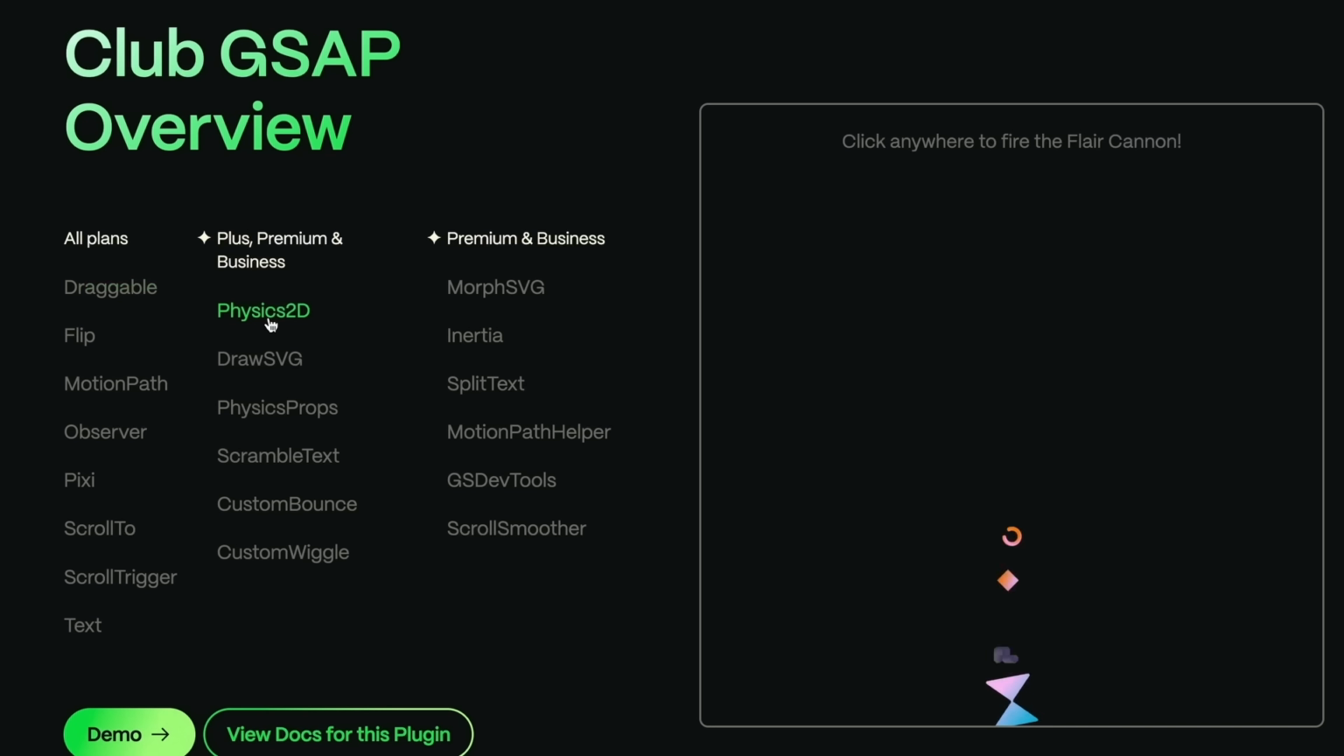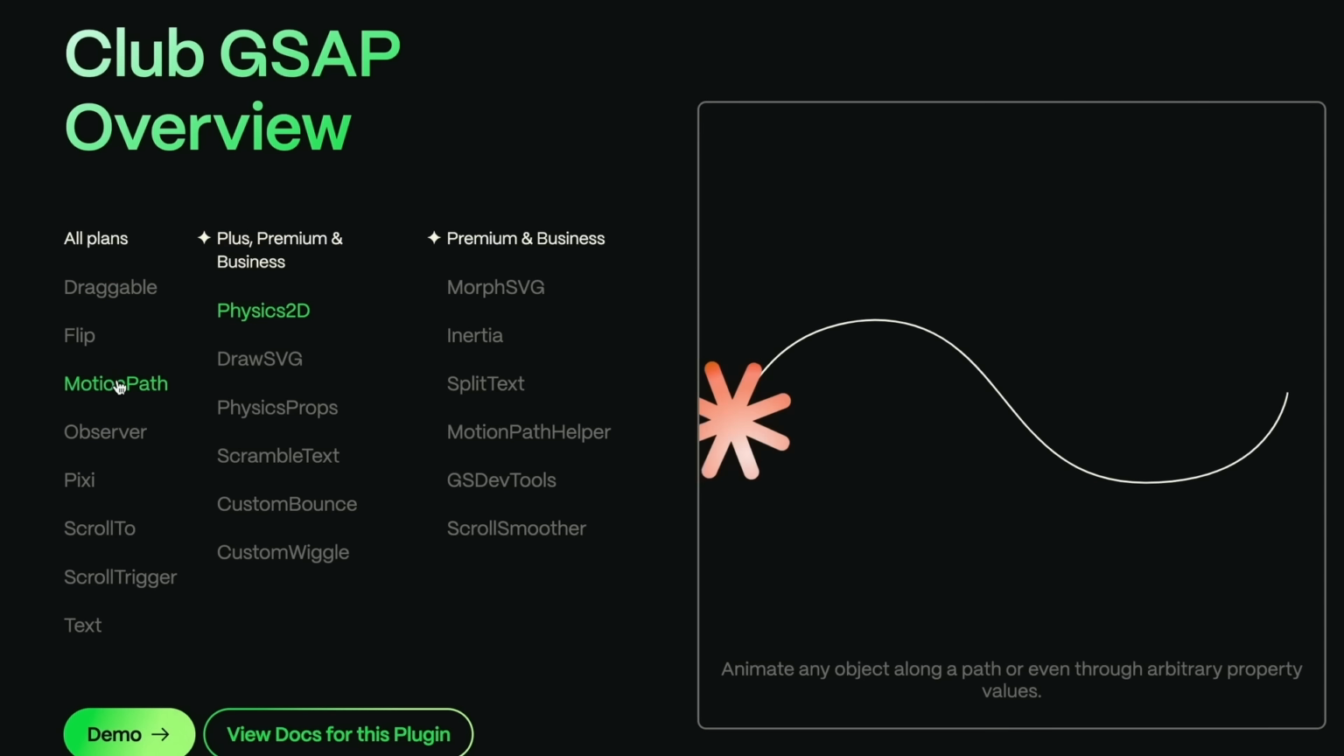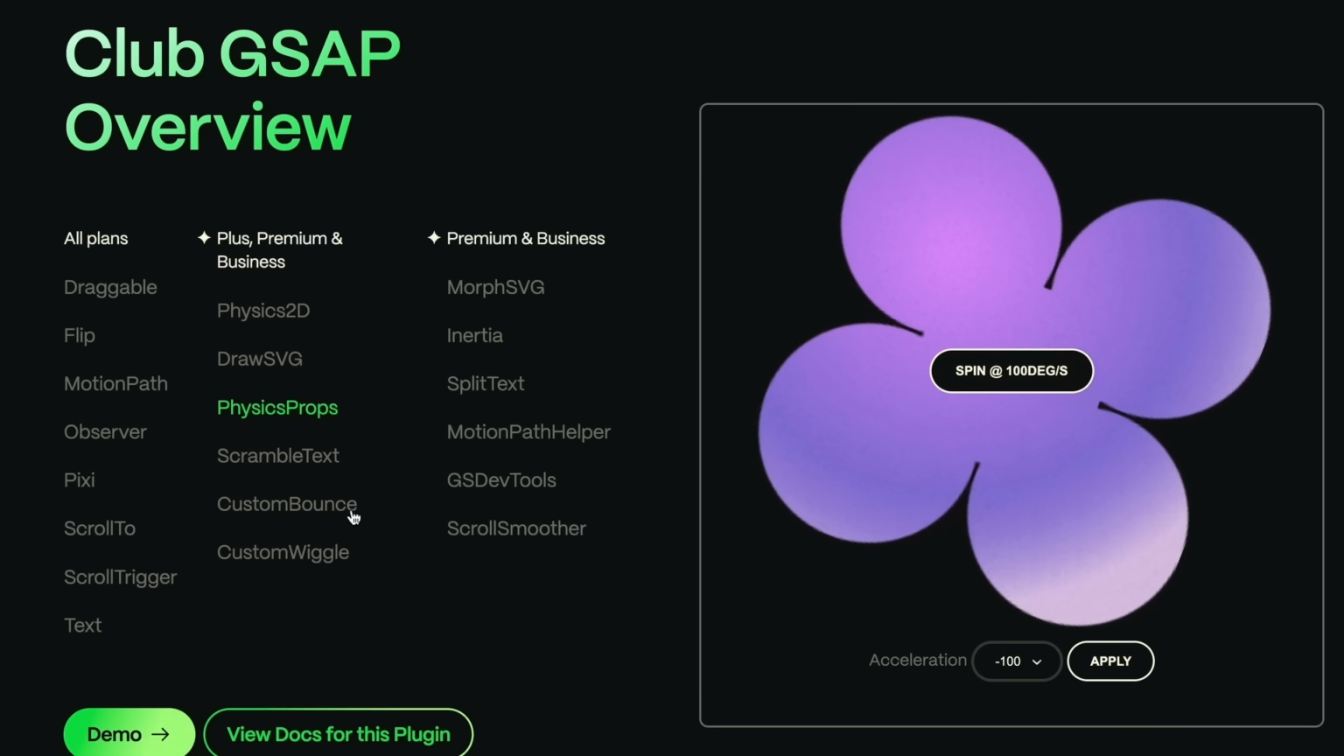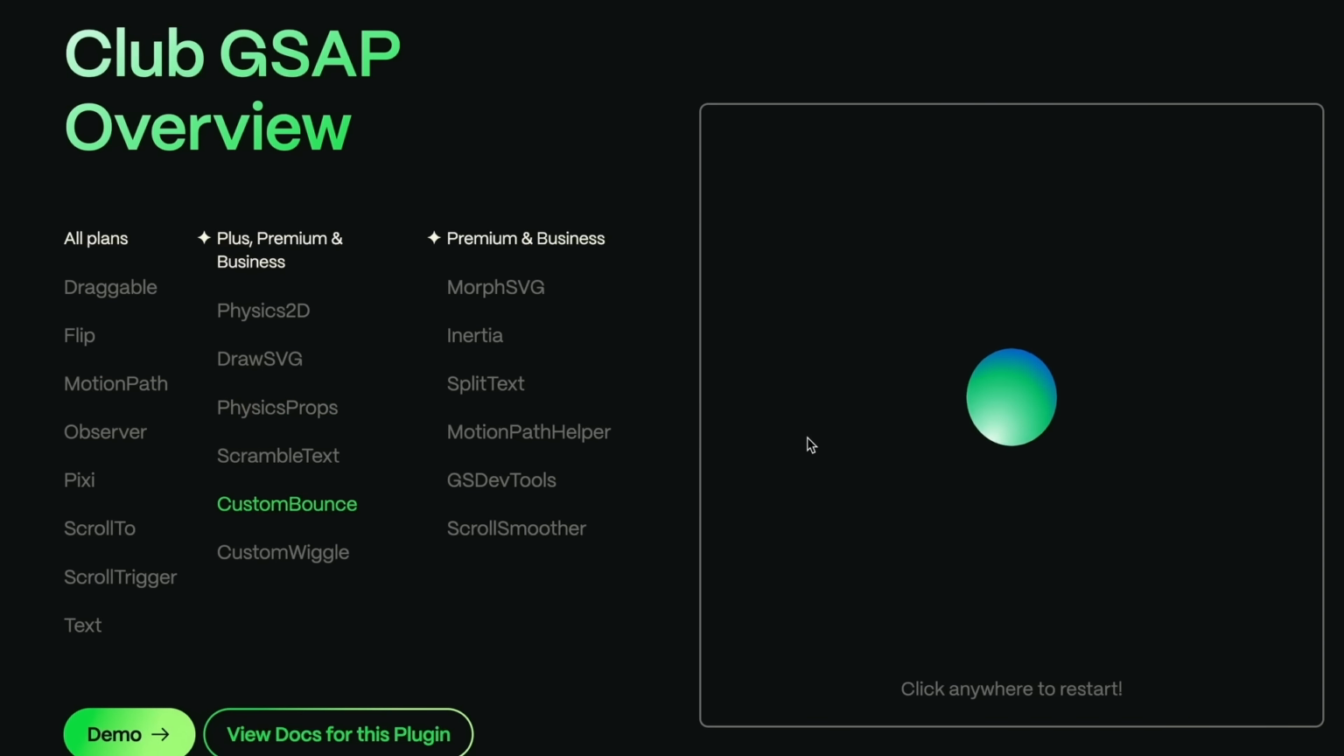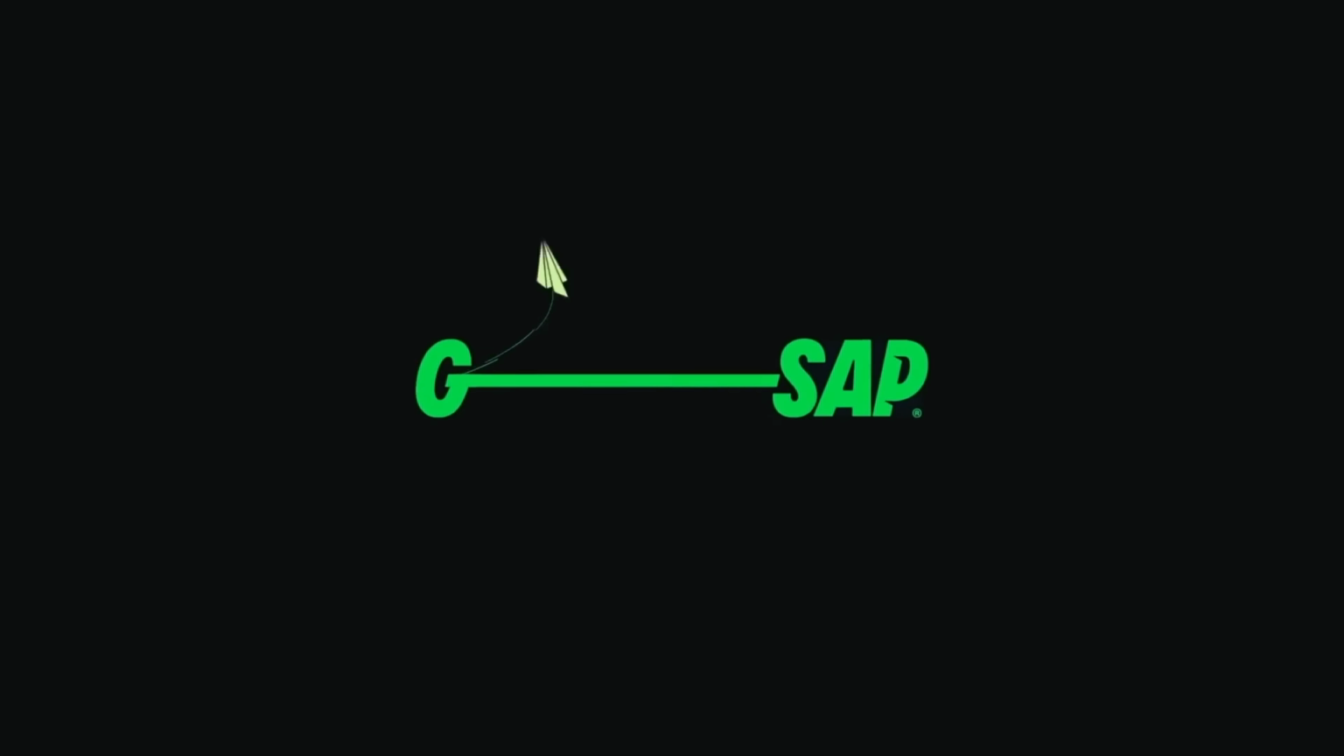GSAP also offers plugins for physics and motion that allow you to create animations with realistic physics-based motion such as bouncing, elasticity, and acceleration. And yes, I know we covered a lot of ground regarding GSAP in a short amount of time,